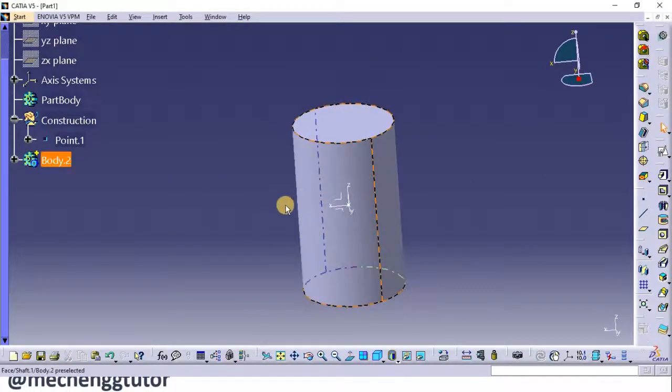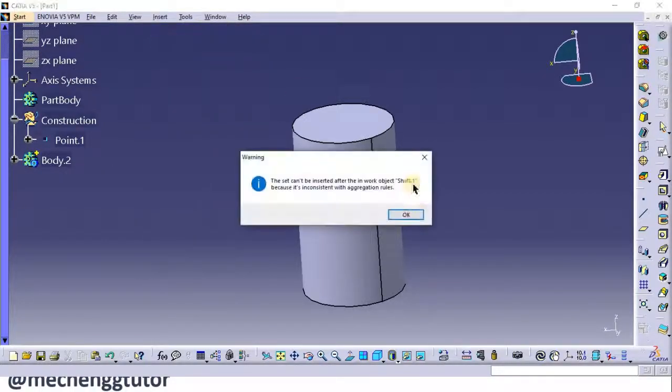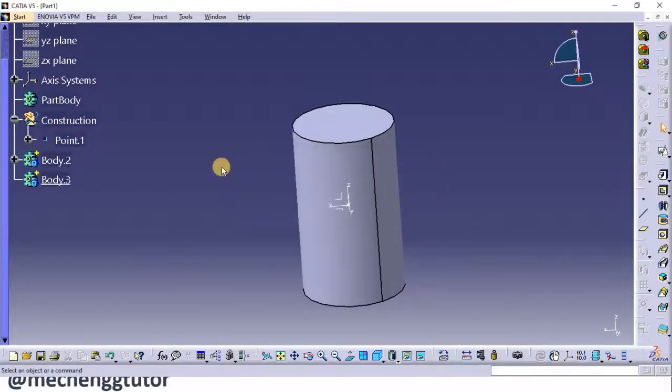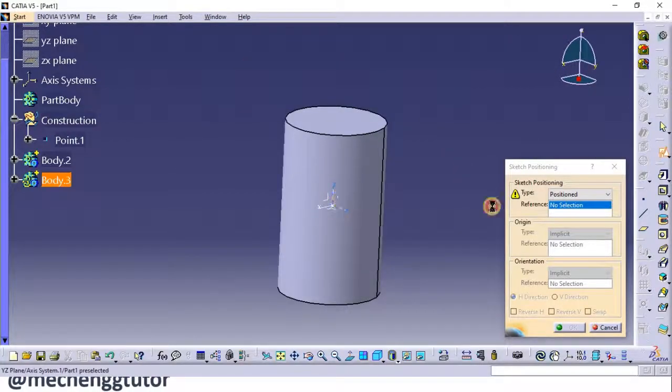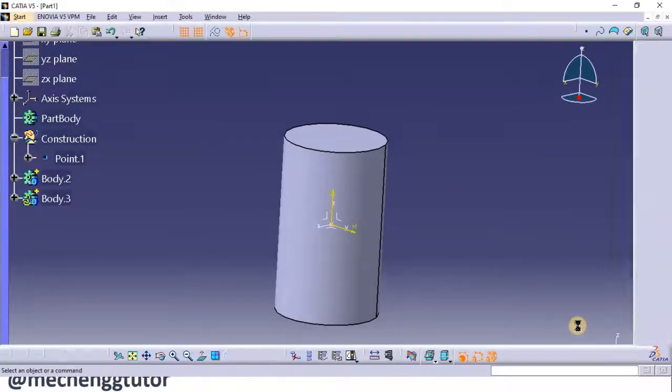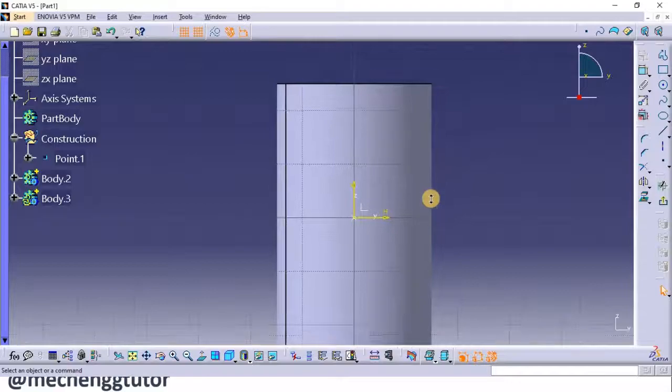So next I need to draw or obtain here a groove in the center of this cylinder. So for another method I can do is, I'll insert a body, say OK, go to position sketch, again select the vertical plane, say OK, you enter into the sketcher mode.